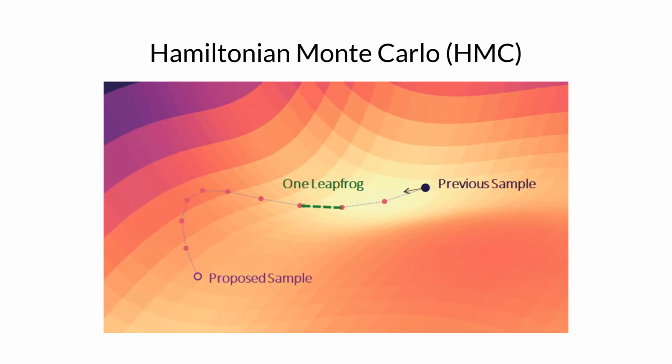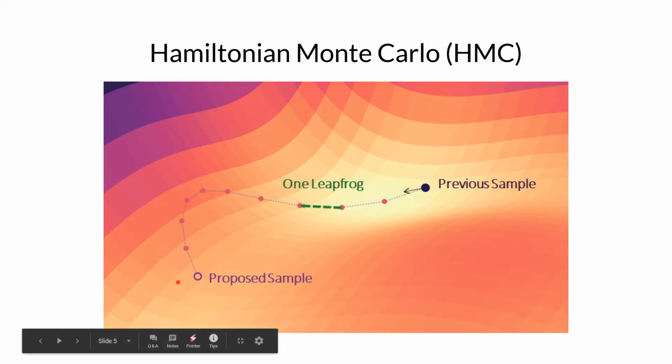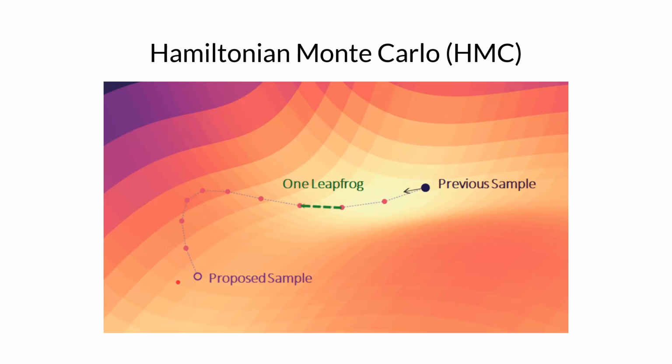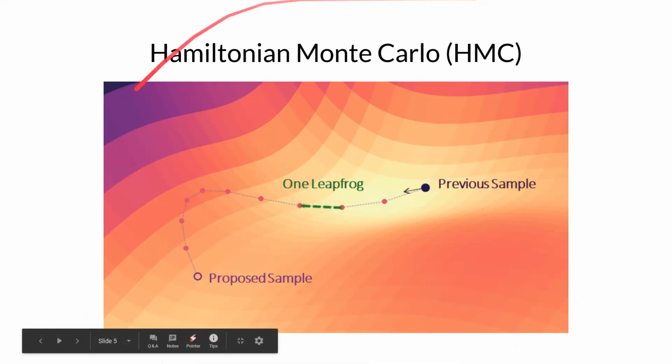And then we're going to kick it. We're going to give it a little momentum in a random direction. Here is this arrow over here. We're now going to simulate the trajectory that this particle is going to take for some time. There are no other forces here. This is a very simple physical system, no other forces, so it will just keep moving. We're going to simulate this for some time and then stop. And this is our proposed sample.